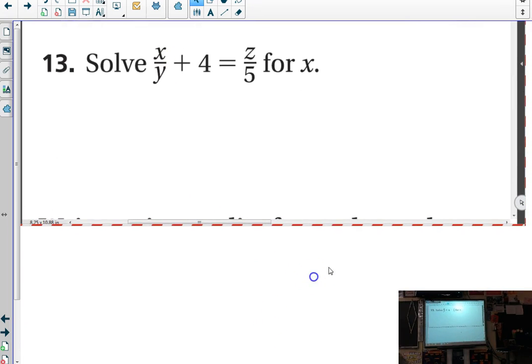Alright, so this says solve for x. Now, when we say solve, we're not always meaning get a number, get an integer, find an answer. We're meaning isolate. So, we need to isolate our value of x when it's currently attached to a y through division and a 4 through addition. And we've got a z that's divided by 5 as well. The biggest thing this is trying to remind you of is when we're working,